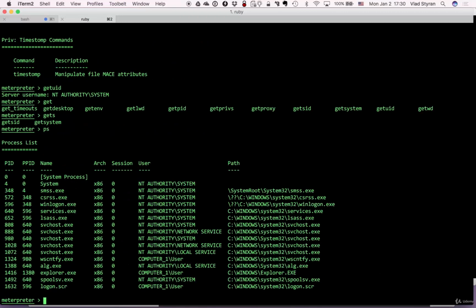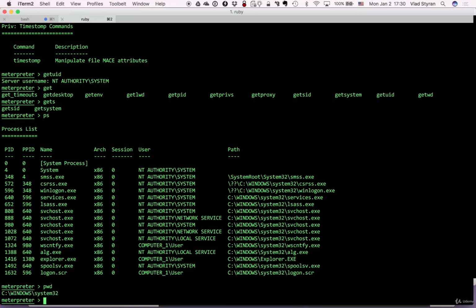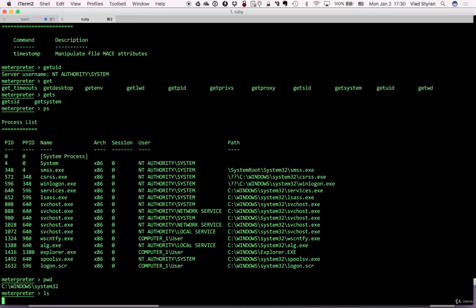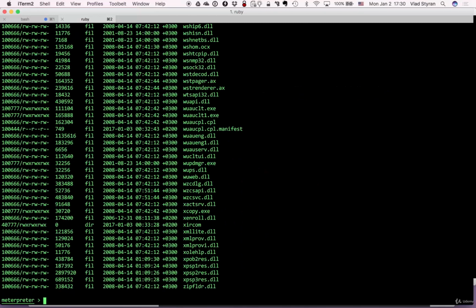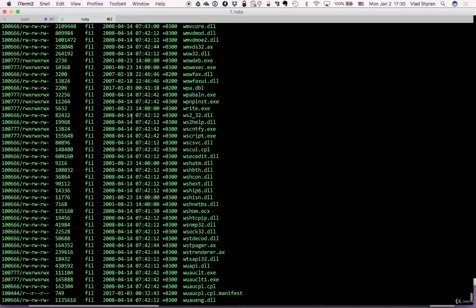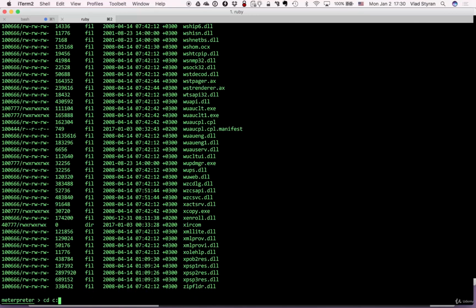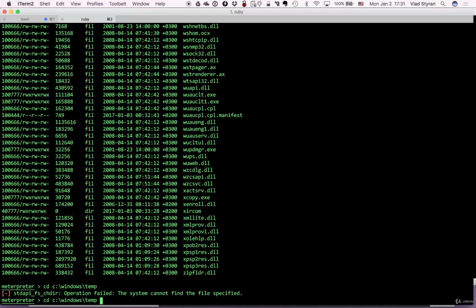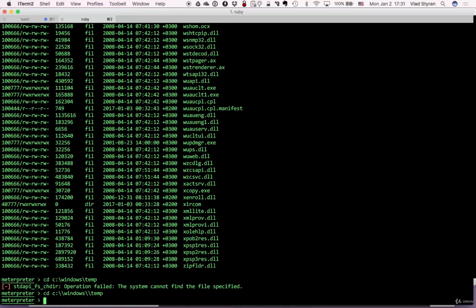What else? We can just browse through what we have in memory in terms of processes, right? We can see where we are in terms of local file system. We can list something, right? See what's going on in the directory. We can cd to see Windows temp, for example. Oh, sorry. Remember that this is a backslash that has to be escaped every time you type it into Meterpreter,